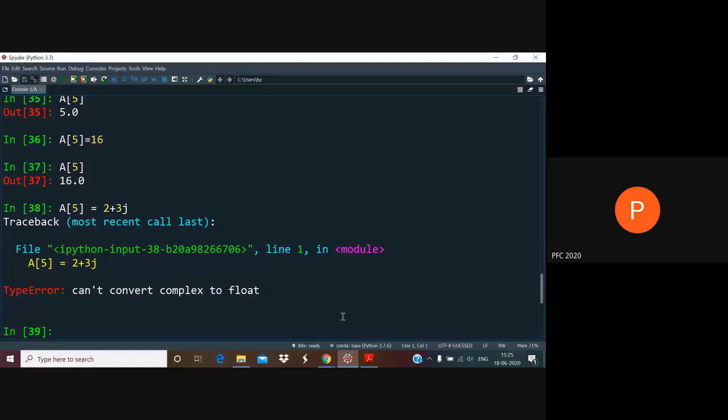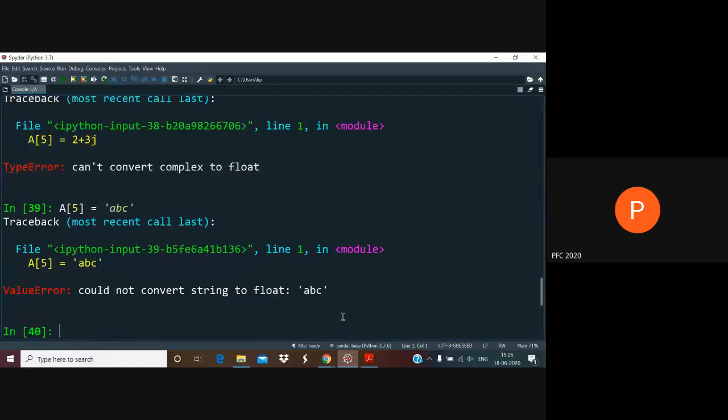As a result, trying to push in such an element, or say a string like ABC, will give rise to an error because you cannot change the string ABC to a floating point number.